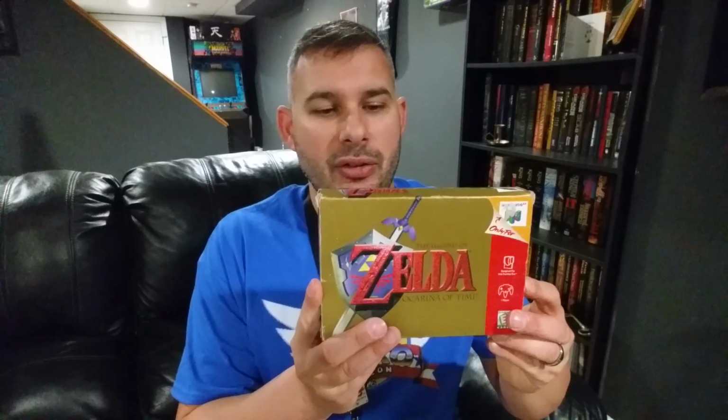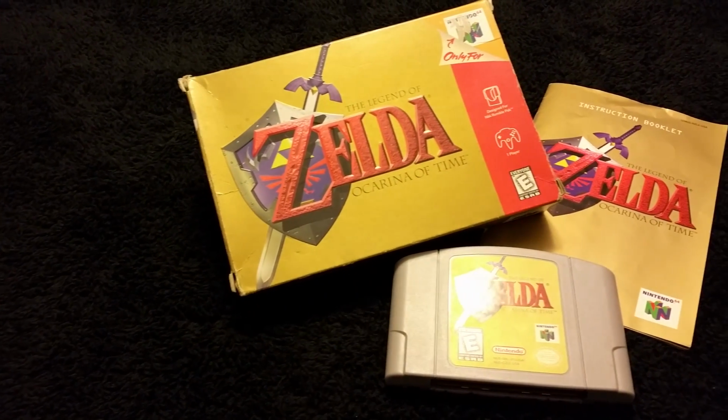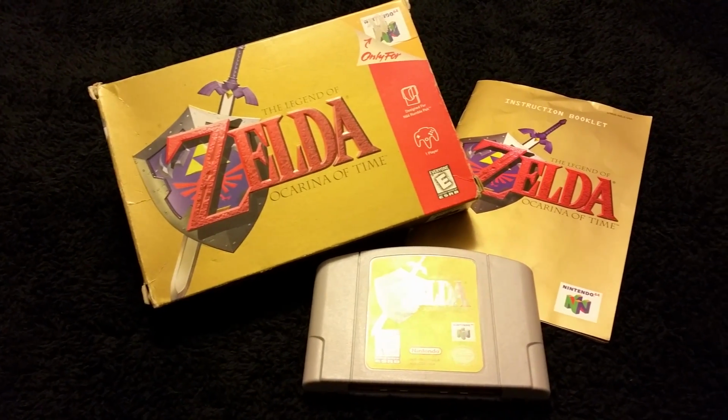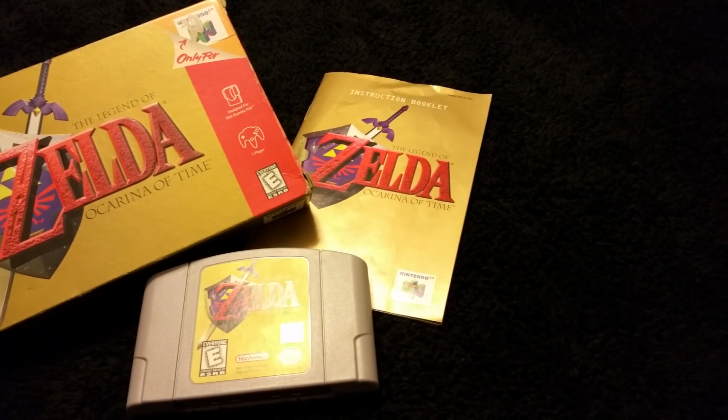This game I have for the GameCube, but I've never got a chance to play. Legend of Zelda, Ocarina of Time. Well, actually, I shouldn't say that. I played it for 5 minutes. I really didn't care for it. I was used to the top-down bird's eye view, but this is a favorite in the series, right up there with Majora's Mask,